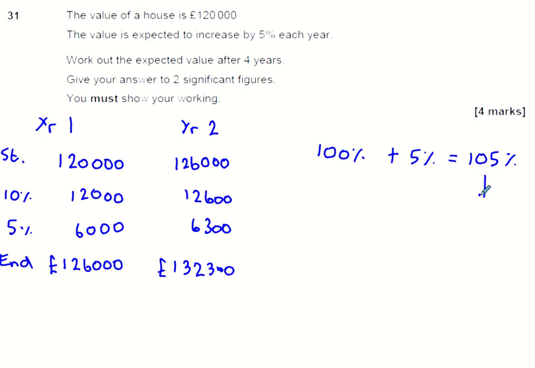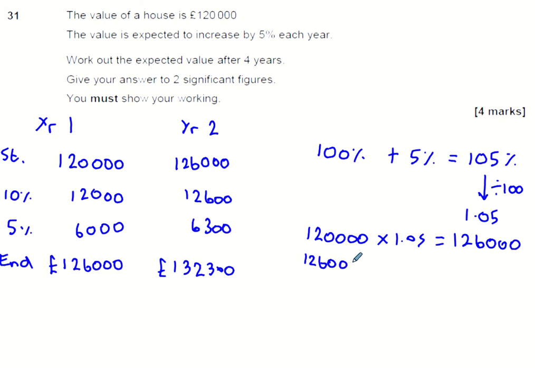As a decimal, 105%, if we divide that by 100, is 1.05. This is the multiplier to increase something by 5%. So if we took 120,000 and multiplied it by 1.05, we will get £126,000. If we then took the £126,000 and multiply it by 1.05, we get the second year total of